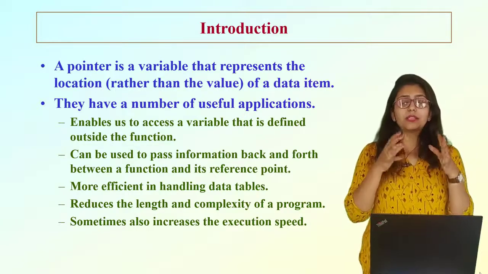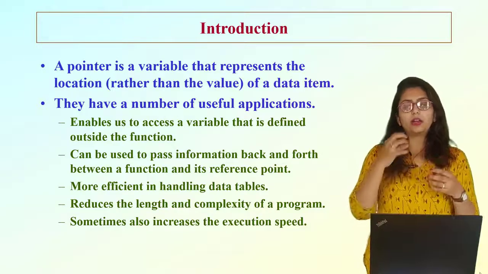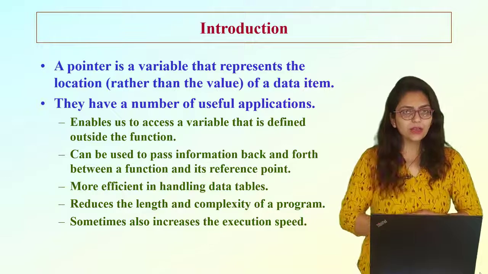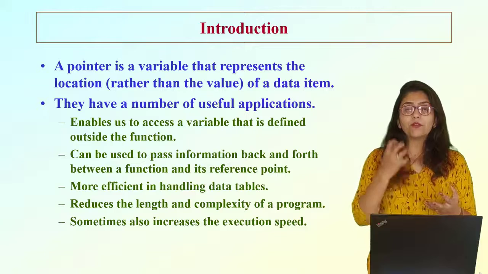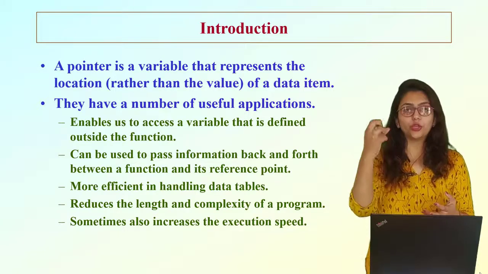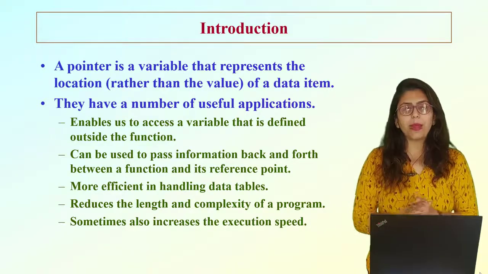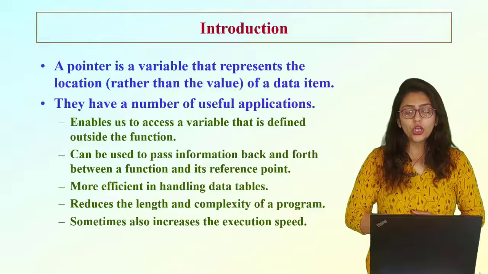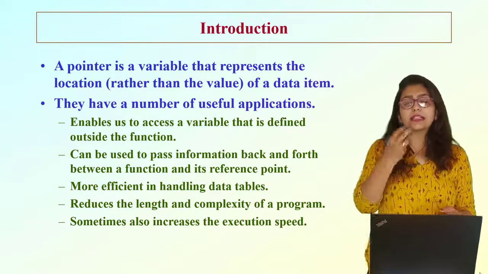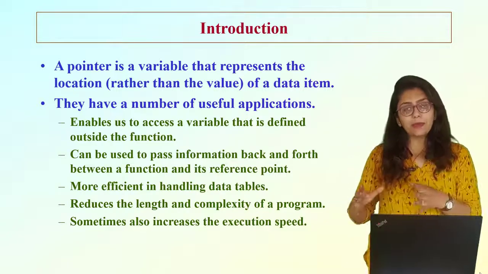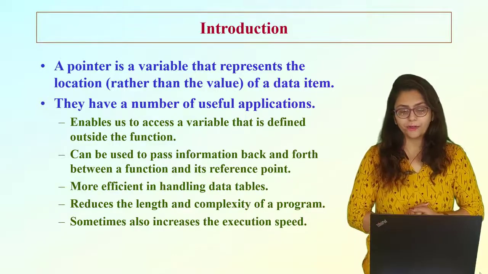But that happens because we are accessing variables by name, and in a particular scope we cannot allow two variables having the same name. At that time conflicts may occur. But when you access a variable using its address, the address will always be unique. In your entire memory, the addresses will be unique. So if you access any variable by its address, you can access that particular variable. By that application, you can use pointers to access any variable even outside of the function, right?